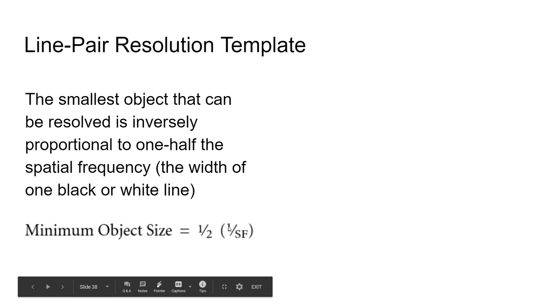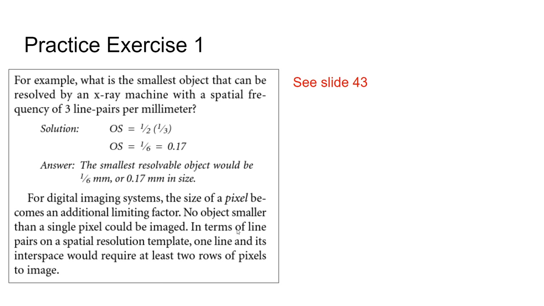1/2 times 1/3. We're all on the same page? All right, so now it's not hard. We just multiply across. 1 times 1, 1, 2 times 3, 6. And then we divide and we find out that the smallest object that can be resolved, if you have an X-ray machine that is capable or has what's known as a spatial frequency of 3 lines per millimeter, is 0.17